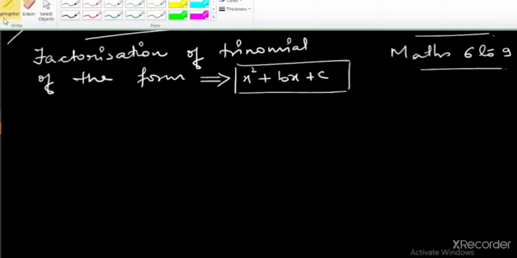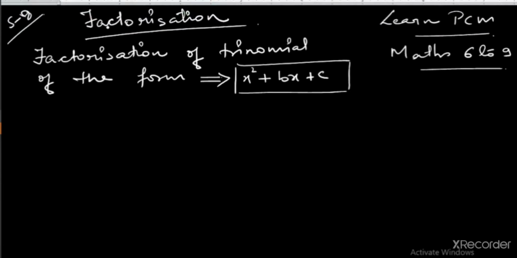We are going through a series of sessions for the chapter factorization, and this is session number 8. We are going through part 1 of factorization, which is for the students of classes 6 to 9. We are dealing with the basic types, or you can say the methods, of how to factorize one by one. We are dealing with such types of expressions. Like here we have taken one expression, and this is going to be type 5.